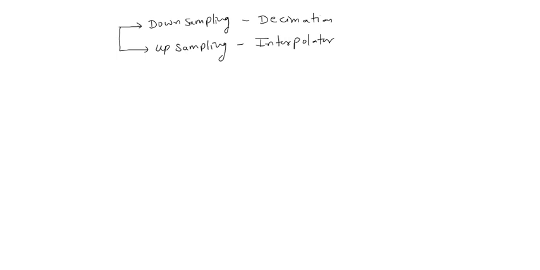So in the last lecture we saw the meaning of downsampling and upsampling in the time domain, right? Downsampling means dropping some samples by a factor of M, and we denote it by down arrow of M. Upsampling, or interpolation, means introducing new zeros between the consecutive samples, right? So today we are going to see the effect of downsampling and upsampling in the frequency domain, right?